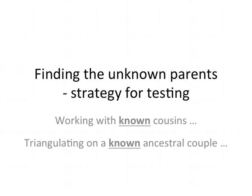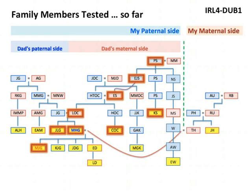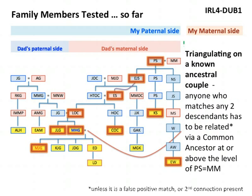There are 2 strategies for triangulation. Finding known, unknown parents, working with known cousins, and triangulating on a known ancestral couple. And these are my last 2 slides. Here's my family tree again, and what I've done is I have inadvertently tested several people who are all related to this particular ancestral couple here. So I have myself, my dad, his cousin, his second cousin, and there's a third cousin once you move down there. They all go back to